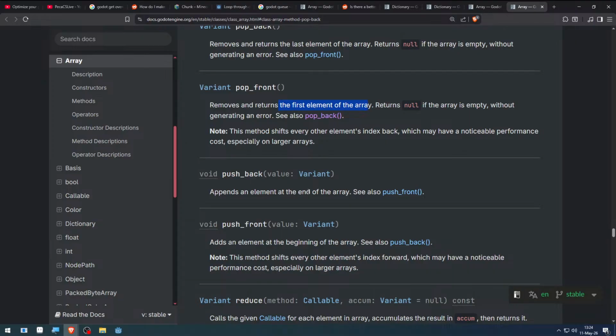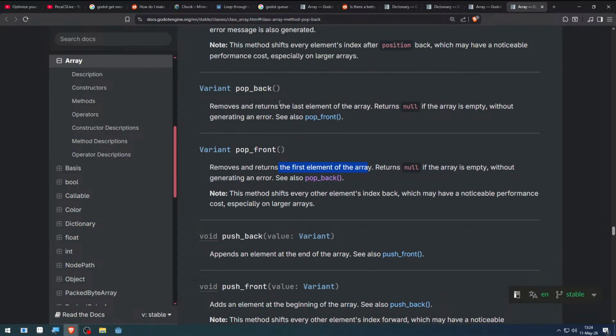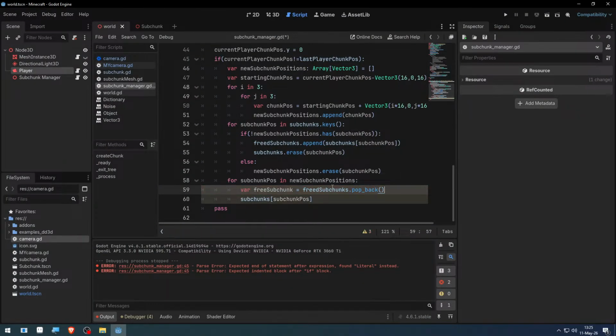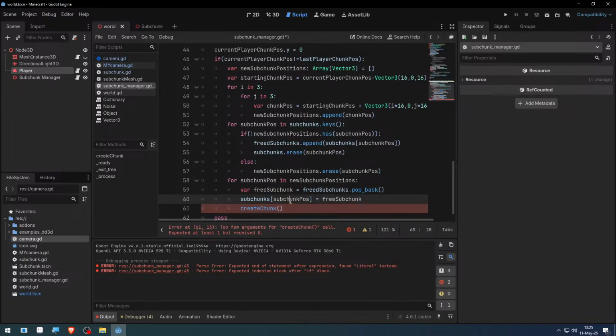Pop back removes and returns the last element of the array. Okay, pop back. This should probably be faster. Yeah, it removes it and gives it back. Sure. Free subchunk, and we link them together, and then we do create chunk with that position,